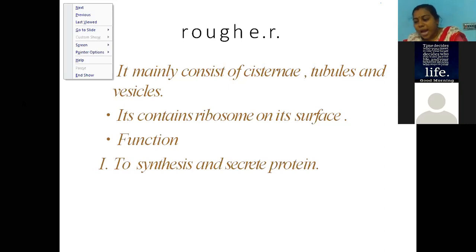Next, it provides a large surface area for various metabolic reactions. In the cell, so many metabolic reactions occur, no? Due to its internal extended foldings, the ER provides more surface area for so many metabolic reactions. Next, RER is the site of protein biosynthesis. You know this very well. I already explained: RER for protein and SER, smooth endoplasmic reticulum, for lipids.